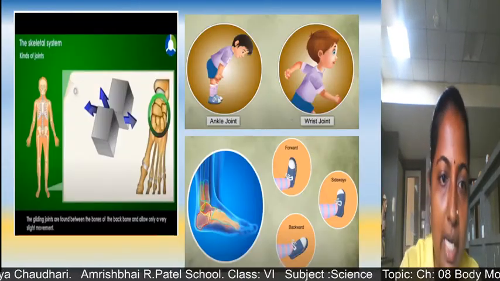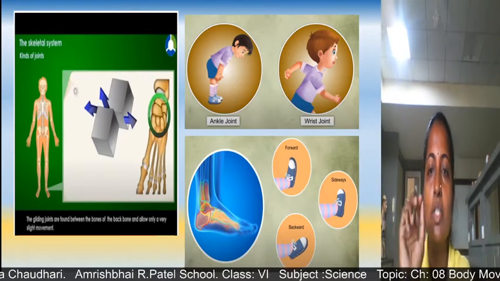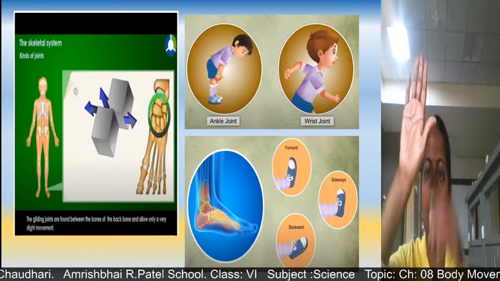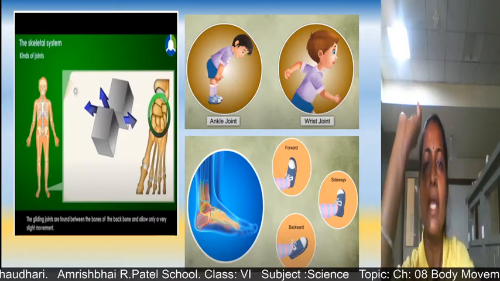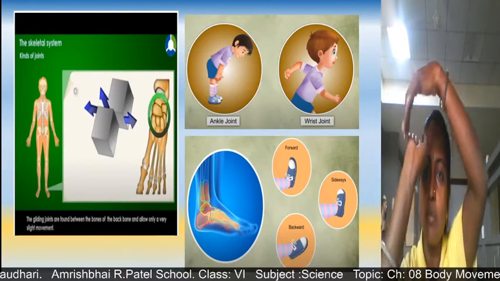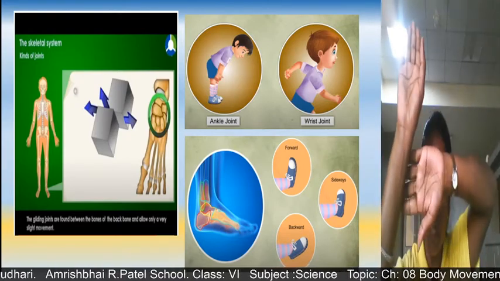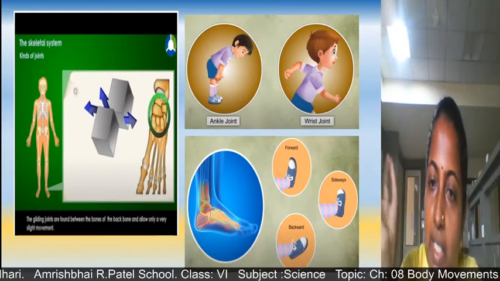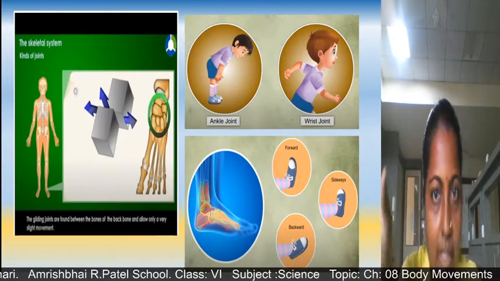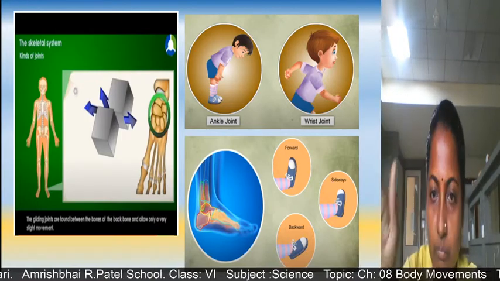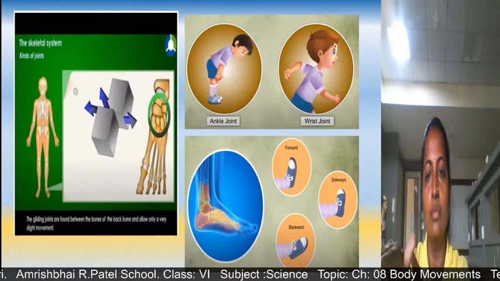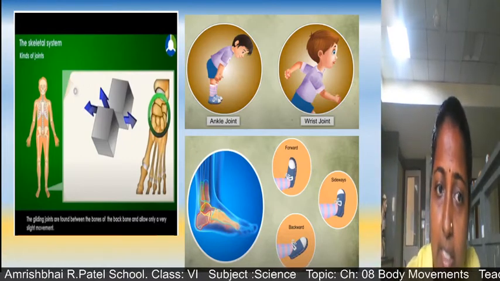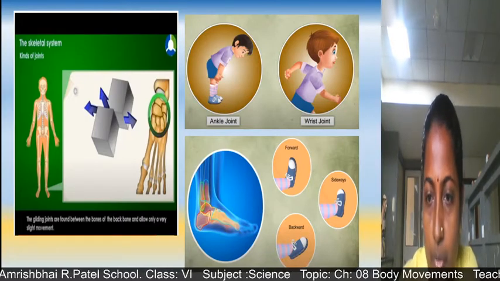Now this is also a gliding joint. You can see in the wrist region, if I want to move this wrist, I can move towards this side, but if I want to move it totally back to touch this portion to my hand, it is not possible. So a very slight movement is allowed in ankle joint and wrist joint. You can move it up, down, and side also, but some limitations are there. So that is a sliding, meaning gliding joint.